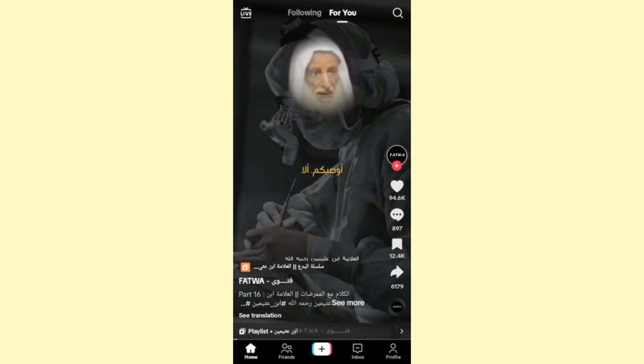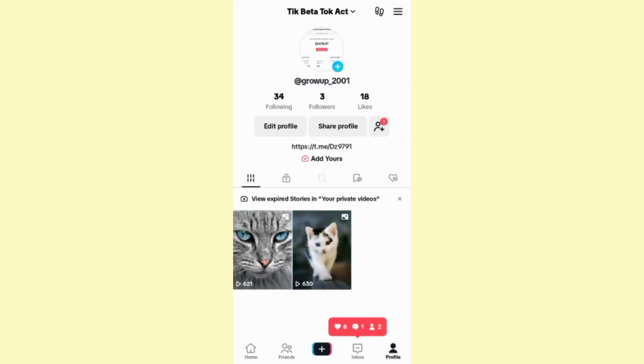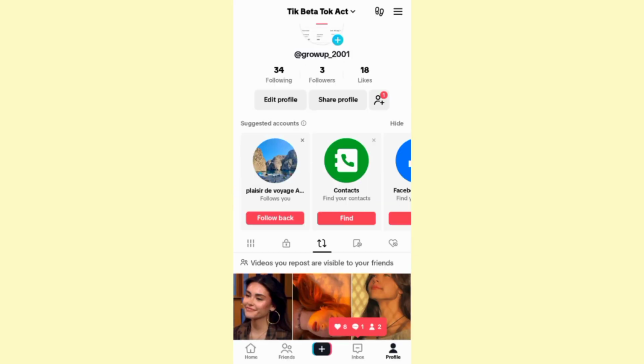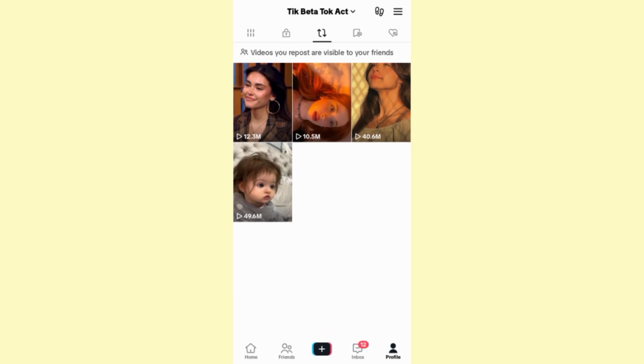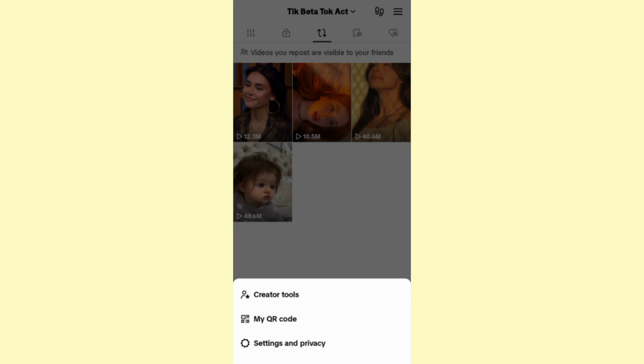Now, if we opened up TikTok and navigated to the reposts videos section, we will see that there's a text right here. As you can see, it says videos you repost are visible to your friends, meaning that the repost videos are already public but to friends only. However, if we navigate to the